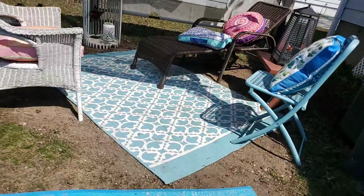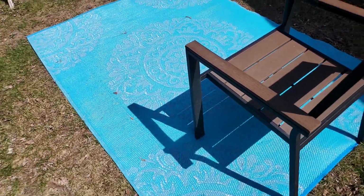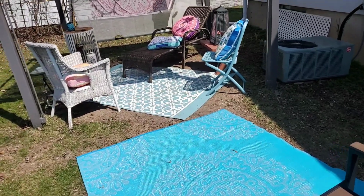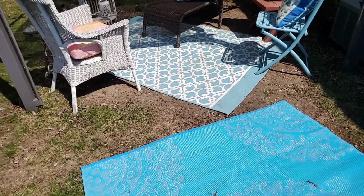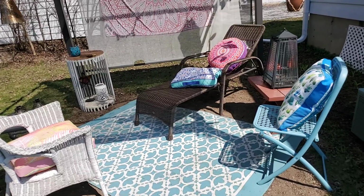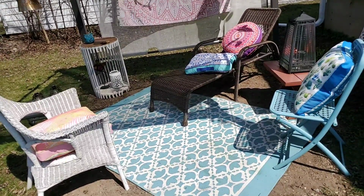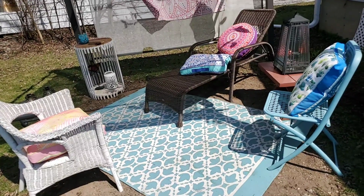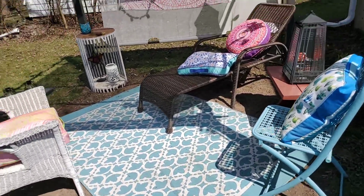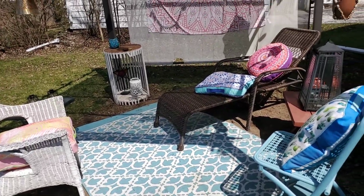But this is what I got done. I didn't put out the table and chairs that I put here because there'd be more stuff to move around inside and I don't feel like doing that right now. So here's what I've got. I got rid of some old wicker stuff this past year, or last year, that I'm not going to use anymore because I used it for a few years and it really wasn't outdoor furniture. I had bought it from a rummage sale and it was getting really gross and I was just cluttering up the space just because I had it. So anyhow,